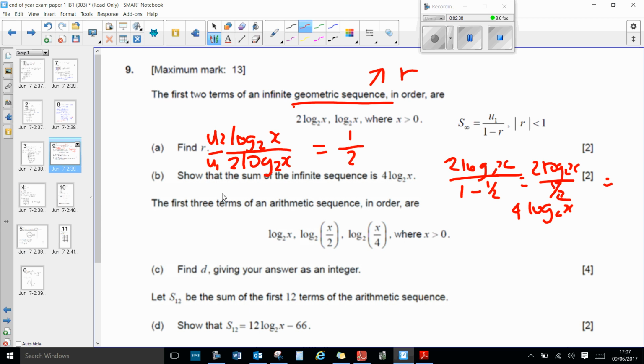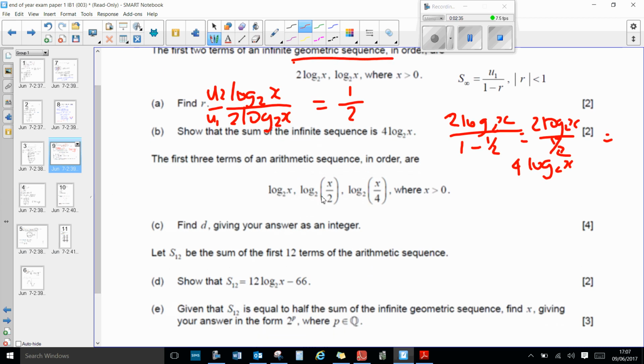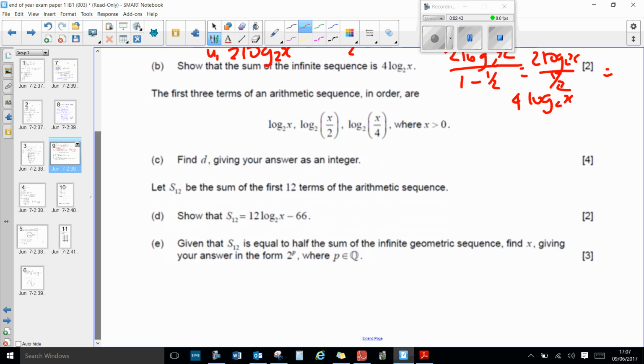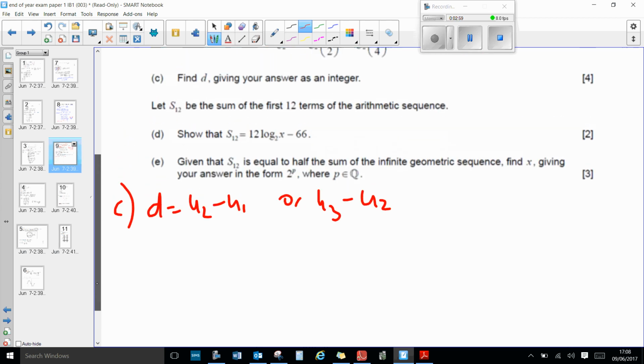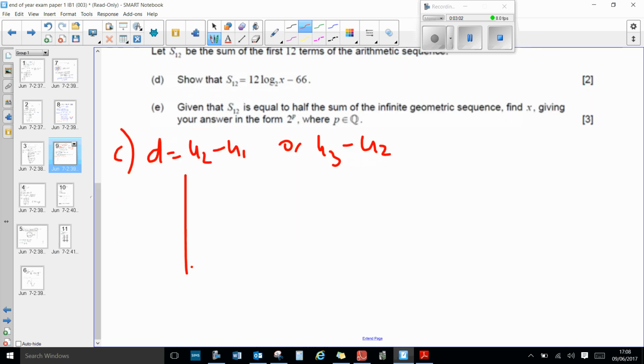So the first three terms of an arithmetic sequence. Now we've got an arithmetic sequence, so we know that we're adding values to get to the next term. So we need to find d, and we need to give our answer as an integer. I think I'm going to have to go down here to start working on this one. So part c. To find d, we know it's u2 subtract u1 or u3 subtract u2. So we've got, oh gosh, that's quite an exercise. So we've got